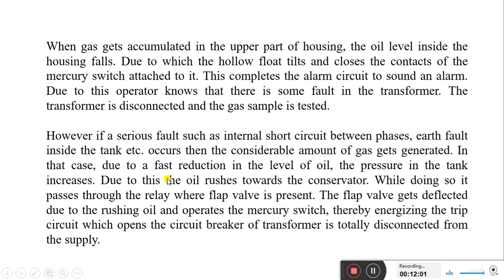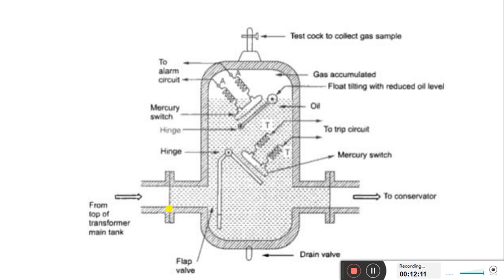And in that case, due to the fast reduction in the oil level, the pressure in the tank increases. So what this is telling is that if there is a serious fault, earth fault or short circuit fault, then